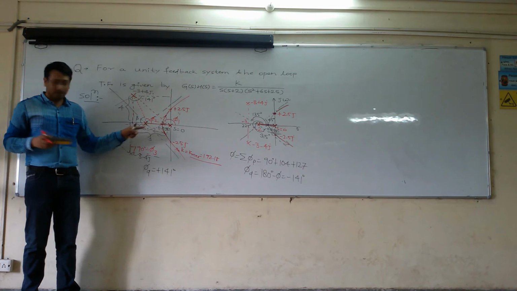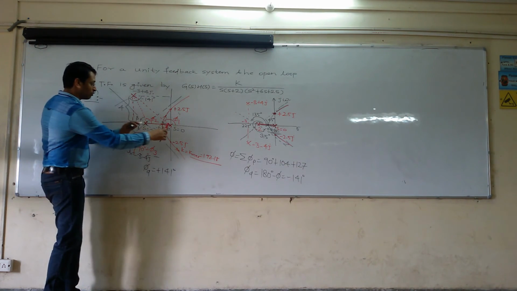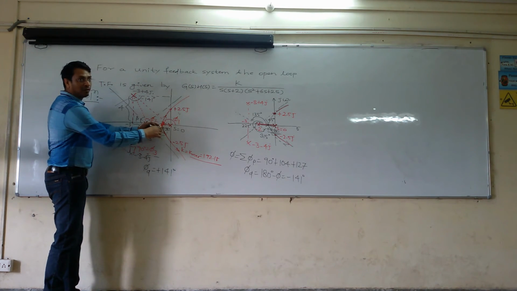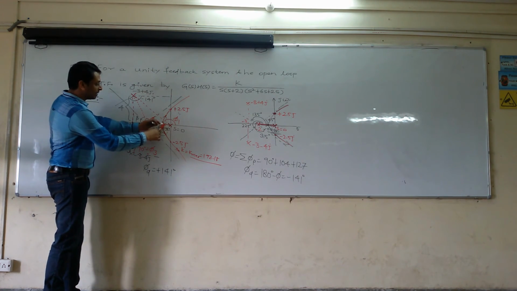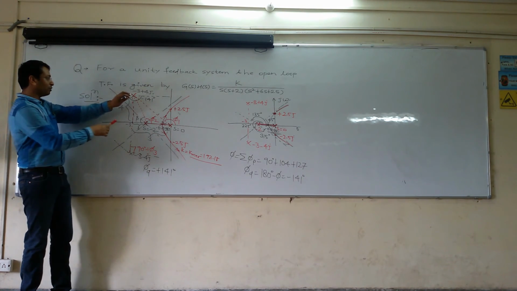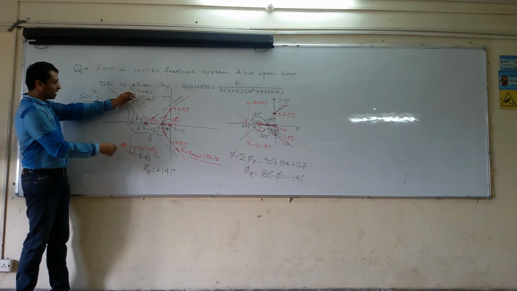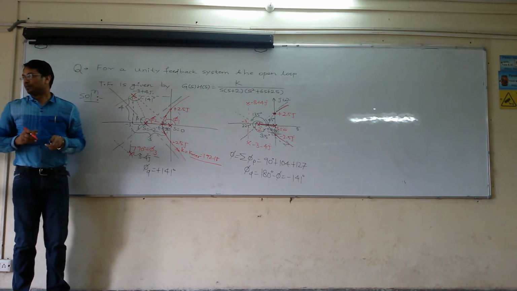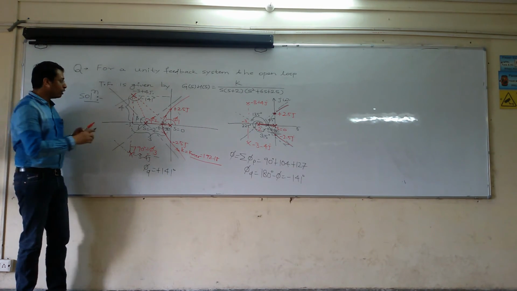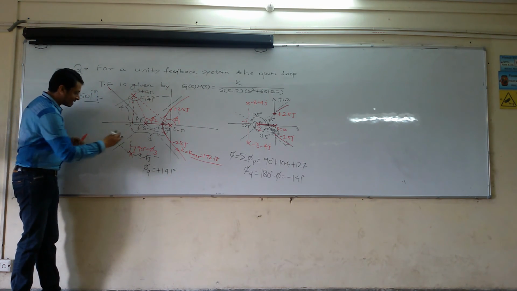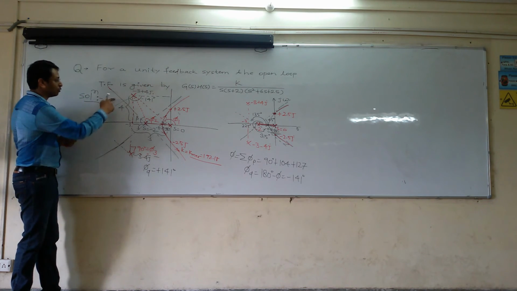So at k equal to 0, the graph will start from here. For every increase in the value of k, this will move like this. At a particular value of k, they will meet one another and then they will split. A similar process will happen to this also. At k equal to 0, the graph will start from here and one graph will start from here also. But how will they move? They are going to move along this line because these are the corresponding asymptotes.